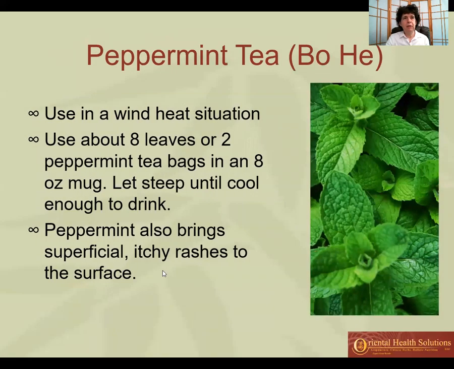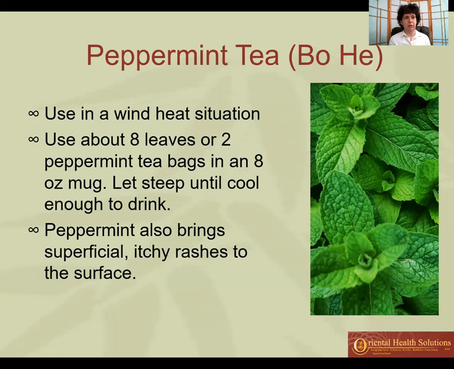Peppermint tea, boha, grows great in the garden. We have a lot of it. It grows like a weed. It's used in a wind heat situation. You want to use about 8 leaves if you have a fresh source for it, or you use 2 peppermint tea bags in an 8-ounce mug, and then let it steep until cool enough to drink. It will release that wind heat and provide a gentle whole body sweat,